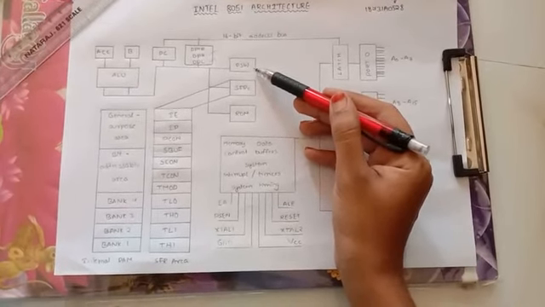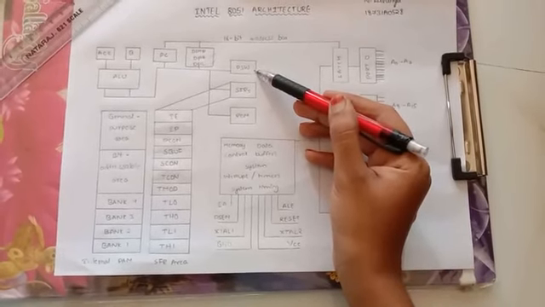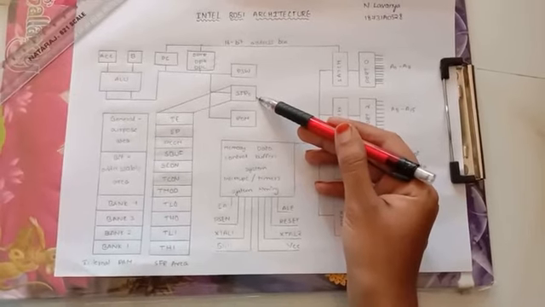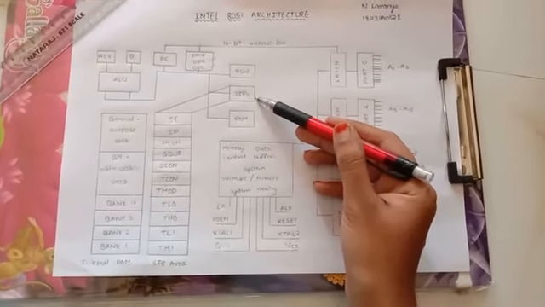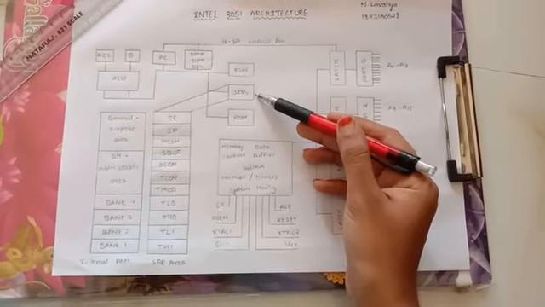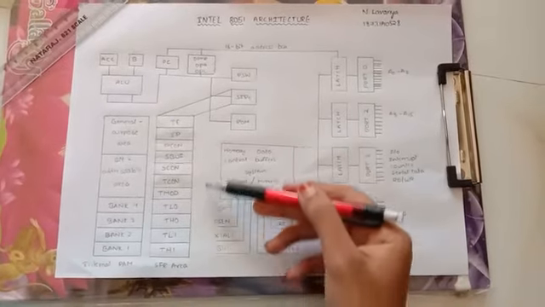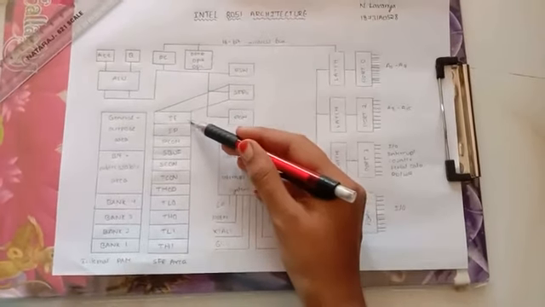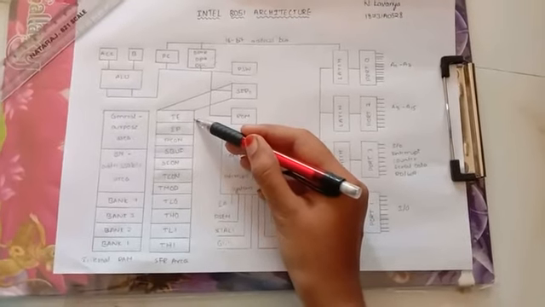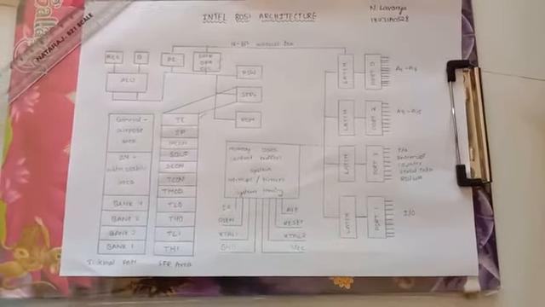And next, PSW means processor status word. After executing every operation, PSW is verified. And next, SFRs, special function registers. The total controlling of the 8051 controller depends on these SFRs. These are IE, interrupt enable. If we want to enable or disable the interrupts, this interrupt enable register is used.